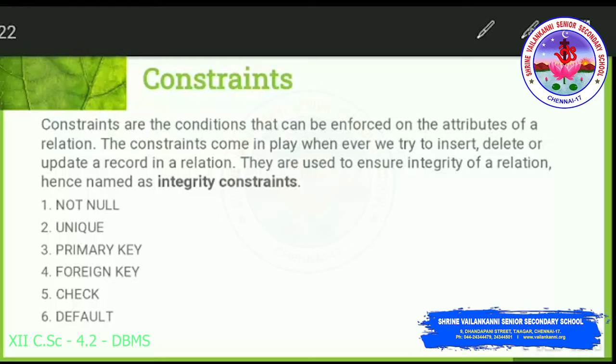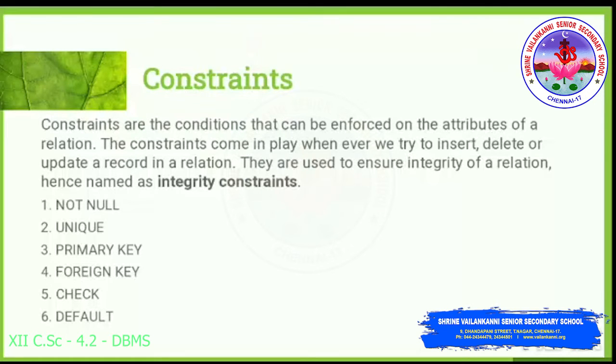When does ambiguity happen? Ambiguity happens when the data occurs in two places and, when updated, only one location is updated and the other instance is not updated. Then we get ambiguity in the access of the value, because one location will have one value while the other one will have a different value. So, to ensure integrity, we use constraints, and these constraints are called integrity constraints. Not null, unique, primary key, foreign key, check, default are a few constraints.